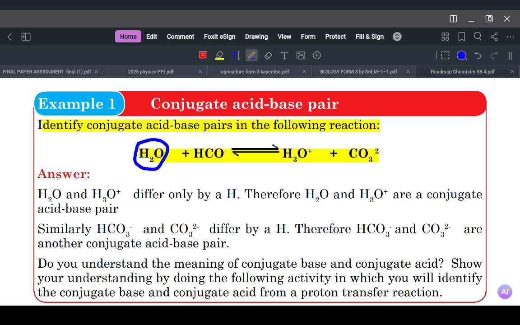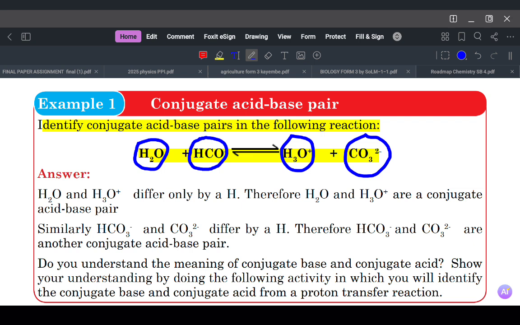reacting with a carbonic acid, all right, to form hydronium ion and a carbonate. Remember that an acid-base pair differs,